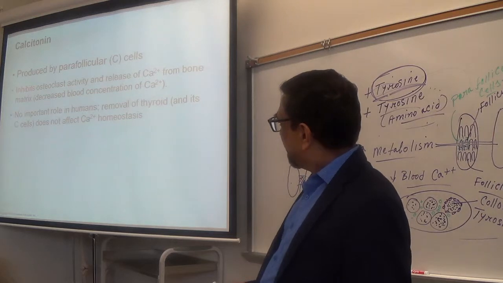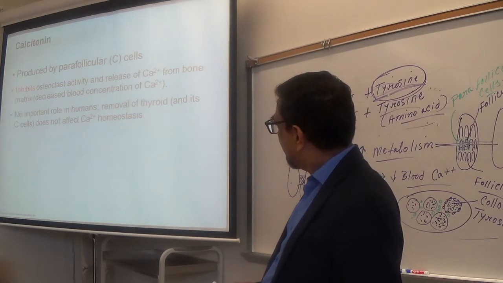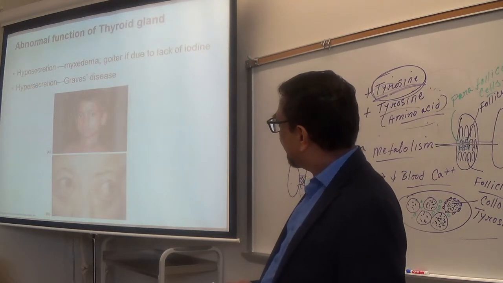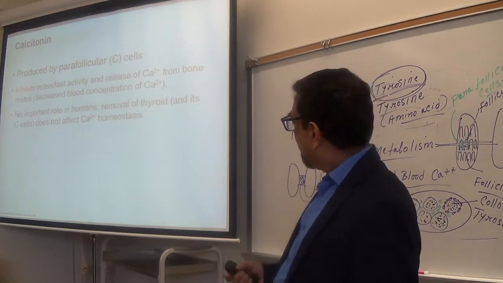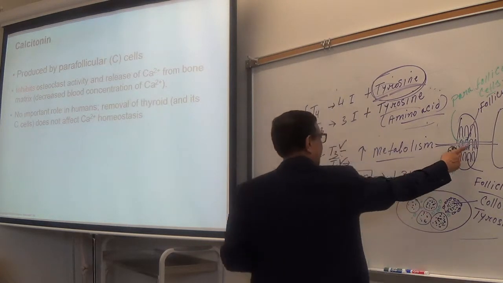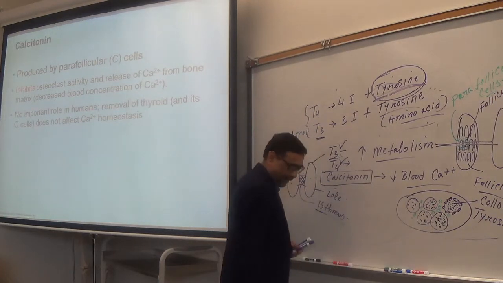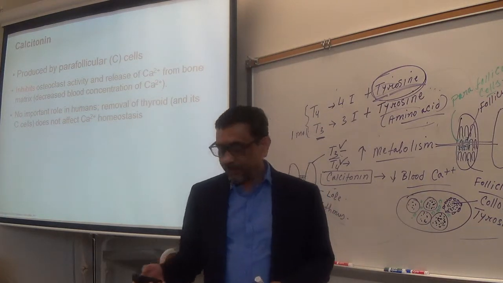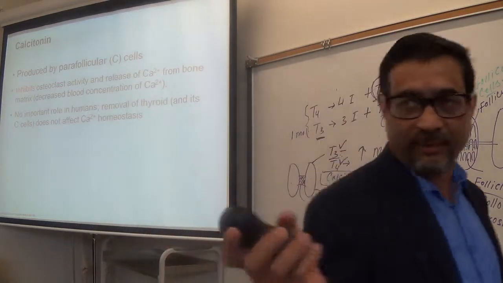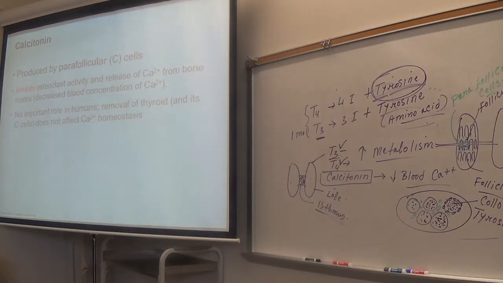Okay, so we have talked about calcitonin, its function, produced by parafollicular cells, right? In between the follicles, these cells produce calcitonin. Okay, so let's stop here. If you have any question, no? You understood everything? Most of the things? Okay, that is good. If you understand most of the things,